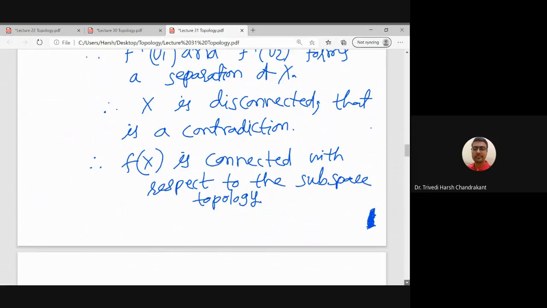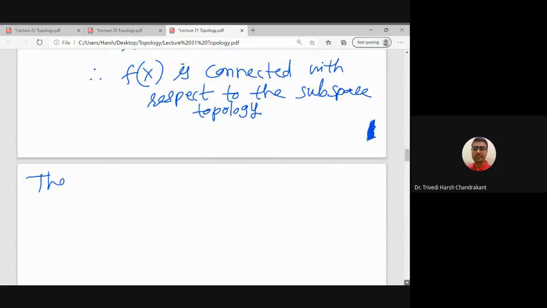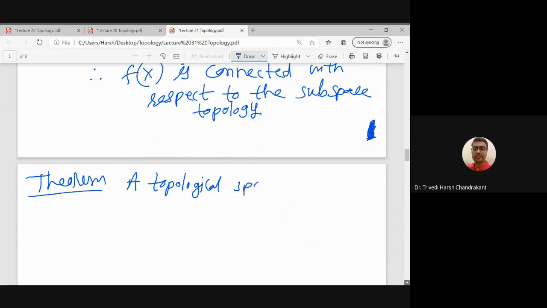So this is a simple result. In the same way we have a second theorem. It is also related to continuous functions. So if I have a function which takes values in 0 and 1, so that we can use here. A topological space X is disconnected